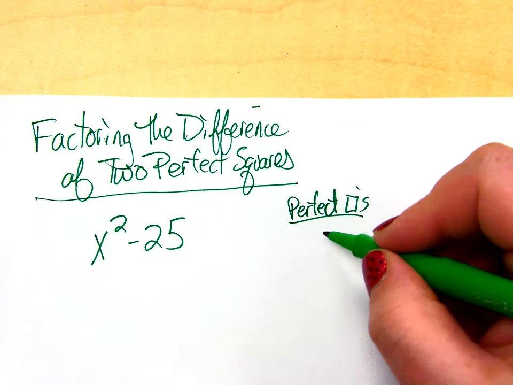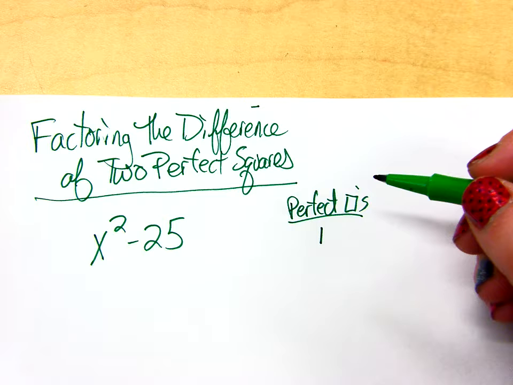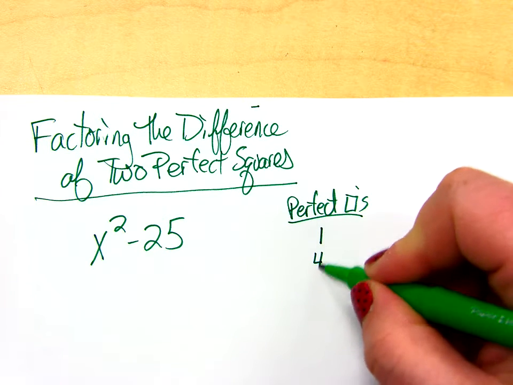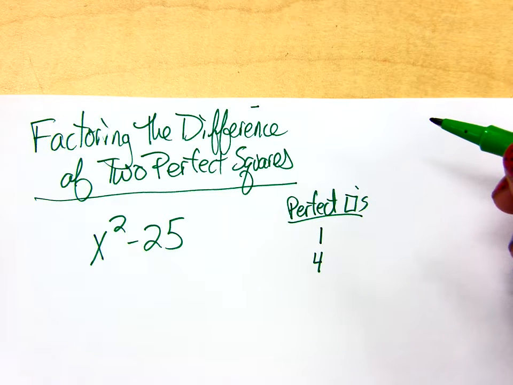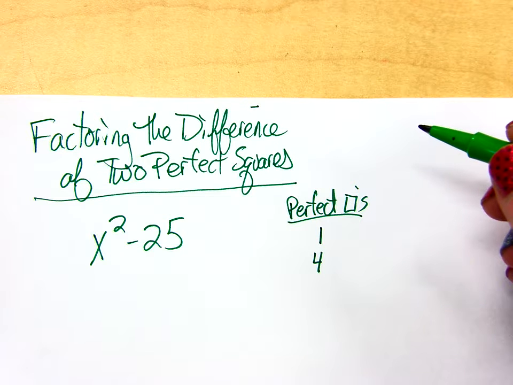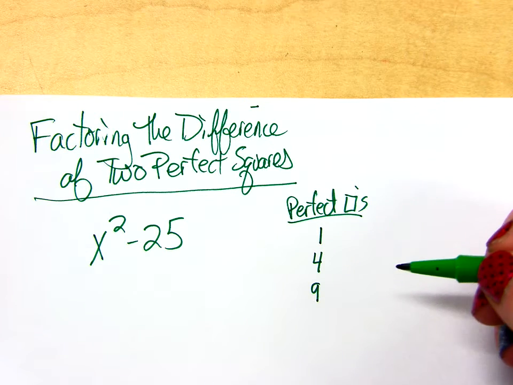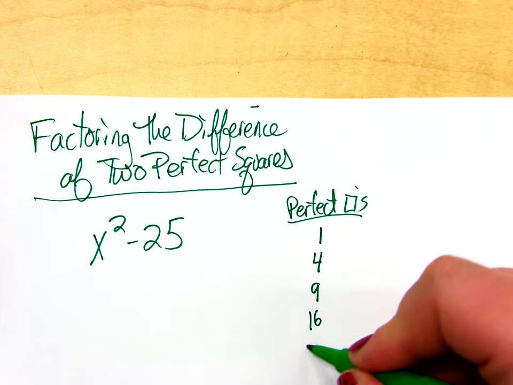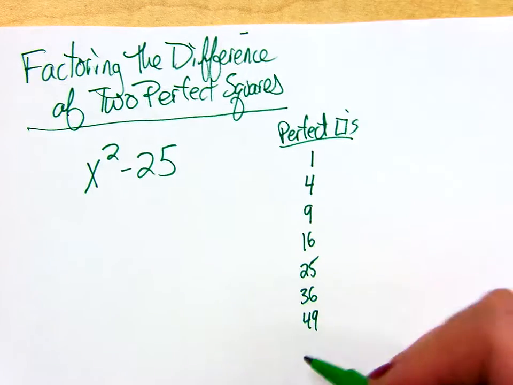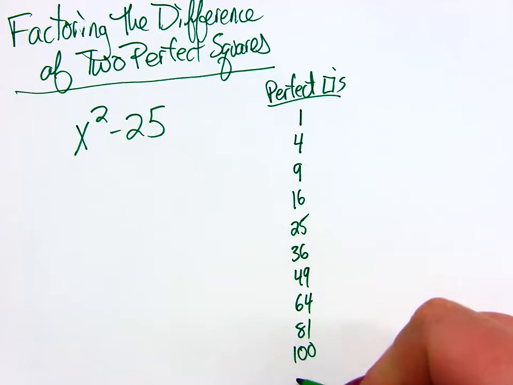So 1 squared is 1. So 1 is considered a perfect square. Why? Because its square root is a whole number. The next perfect square is 4. If you take the square root of 4, you get 2. Yeah, 2 is a whole number, so 4 is also considered a perfect square. And then 9, the square root is 3, 16, 25. We're going to make a little list here. 36, 49, 64, 81, 100, 121,